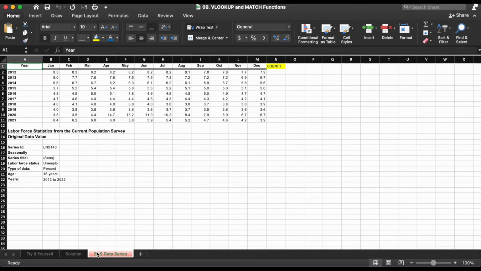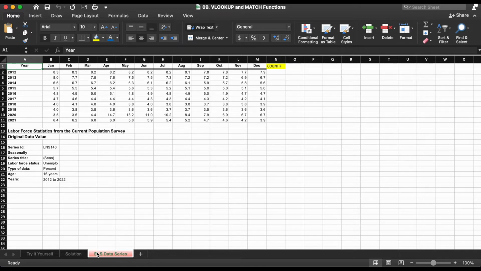Speaking of our data tab, today we will be working with unemployment data provided by both Your Tax Dollars and the Bureau of Labor Statistics. Government websites such as the Bureau of Labor Statistics, the Bureau of Economic Analysis, and the Federal Reserve Economic Data, aka FRED, are great resources not only for live data sets, but also for any economic research you may want to do.